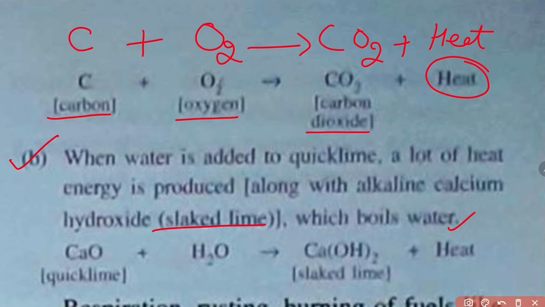That means if you are putting quicklime in water, then because of this reaction heat is produced and the water becomes hot. Now quicklime, which is calcium oxide, reacts with water to form calcium hydroxide along with heat energy,